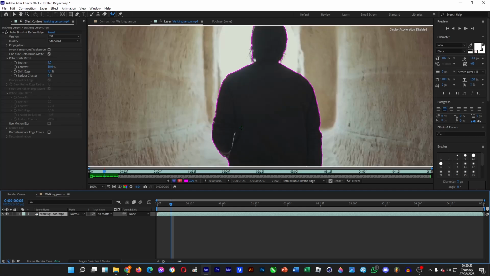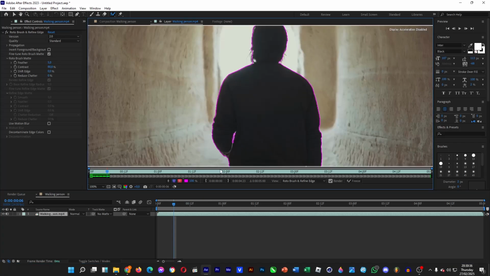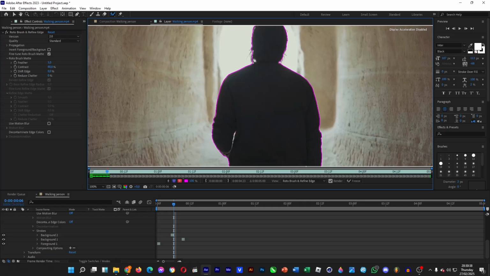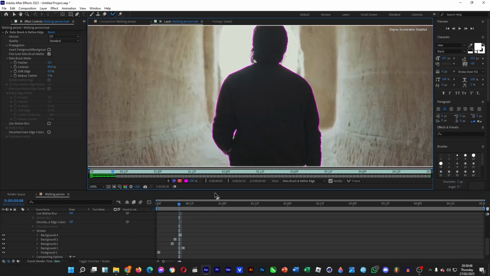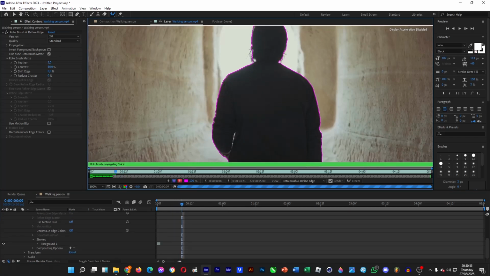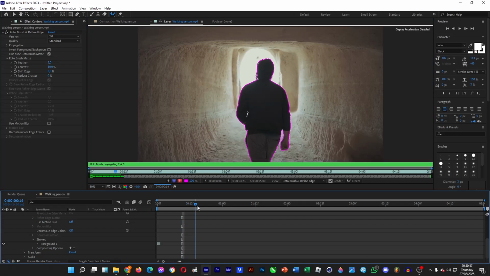Zoom in, and then hold the Alt key to delete the gap, just like this. Actually, we don't need to erase the gap because we're focusing on the outer edge of this person,